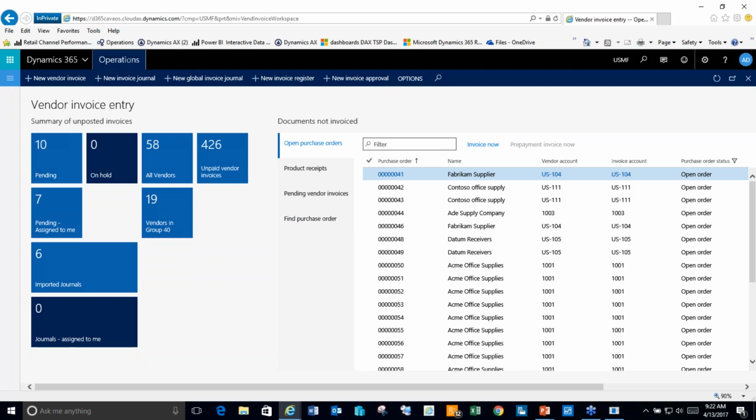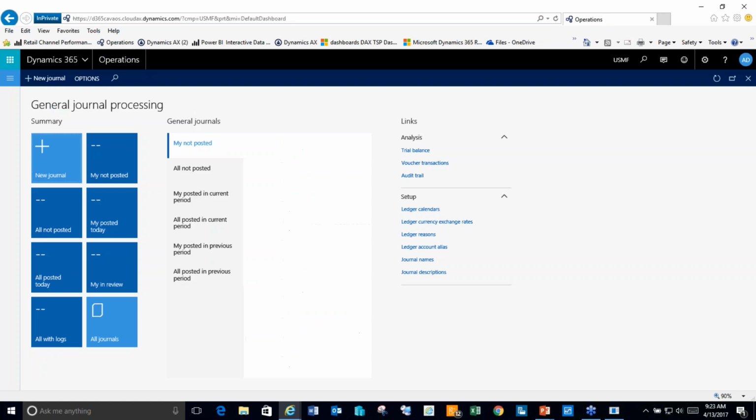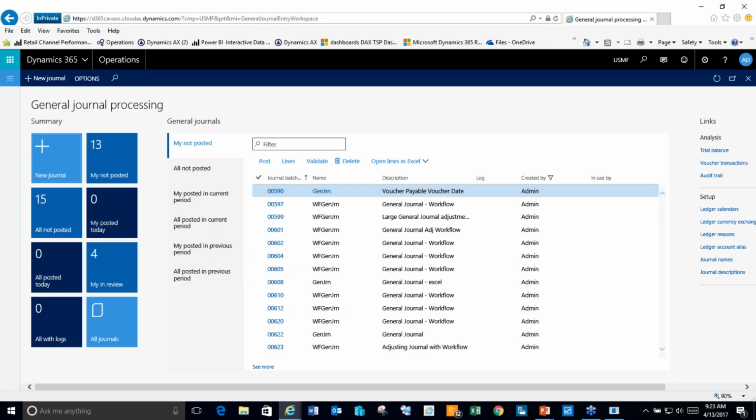So one other area I want to talk about is the journal processing workspace. This is the area where I'd come in and I can see everything that is not posted, those that I've prepared that have not posted, those that have been routed to me via workflow. I also have a tabular view of that. So here I can see on the right-hand side, these are all my unposted journal entries. For a second, I want to go into one of those journals,